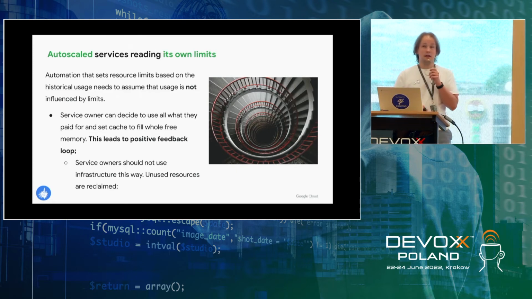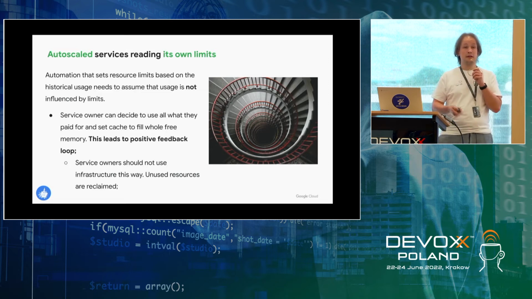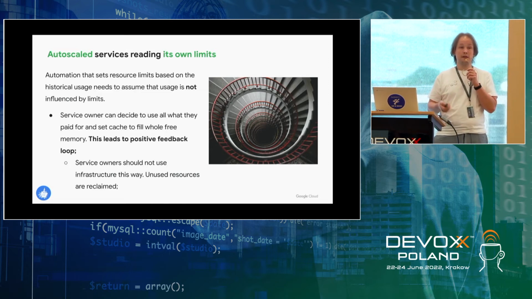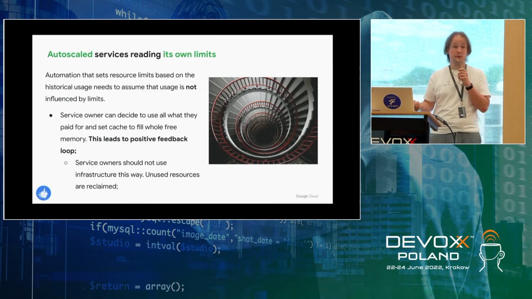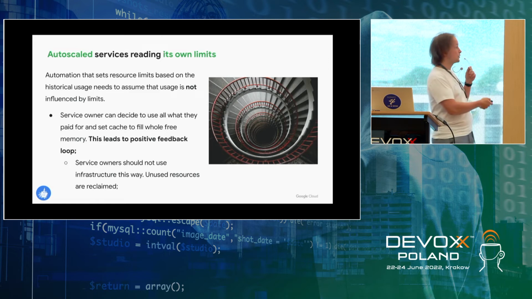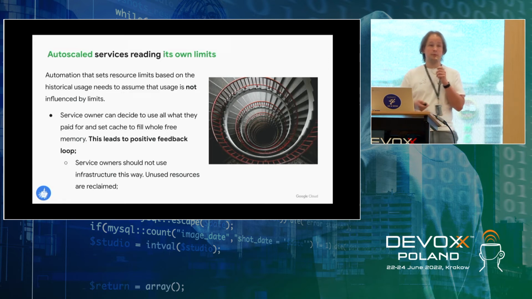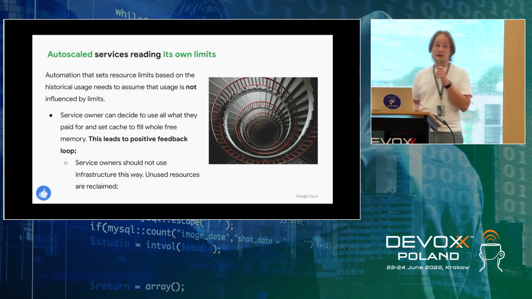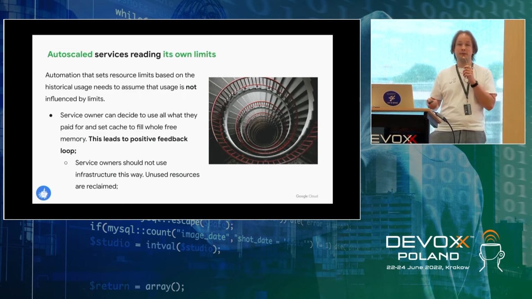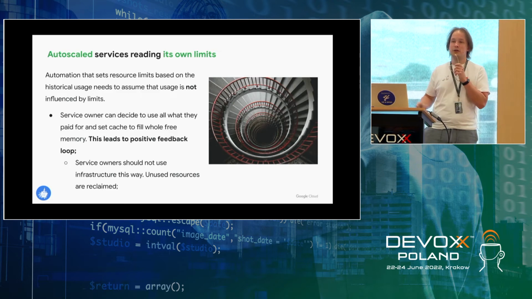If they have some safety buffers and the safety buffer is free, these resources can be reclaimed and reused, but I will explain how. So this usage pattern is not beneficial to the company, so people should not do this. They should size their caches, for example, using some application-specific metric like hit ratio.